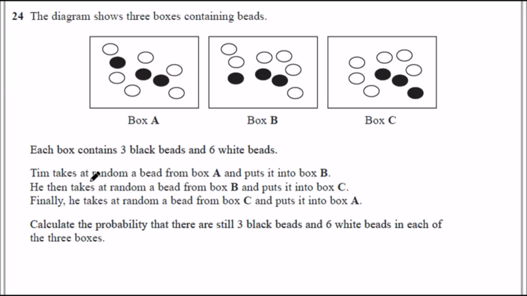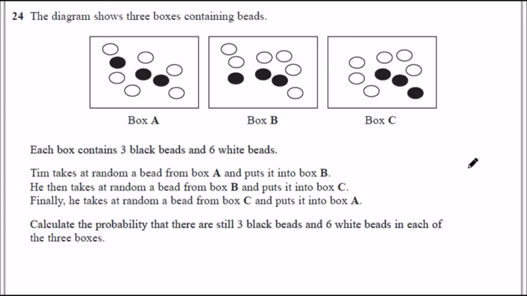Tim takes at random a bead from box A and puts it in B. He then takes a random bead from B and puts it in C. Man, can't he do something else in his free time? Fine, he takes a bead from C and puts it back in A. So he's just taking one each, and in the end you'll have your 9 beads remaining in each one. So calculate the probability that there are still 3 black beads and 6 white beads in each of the 3